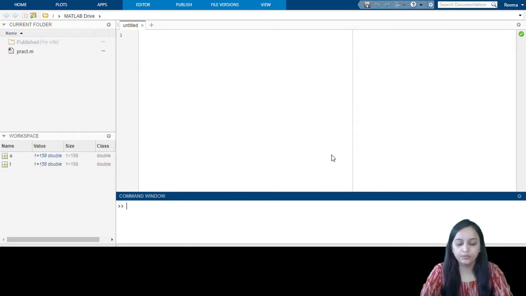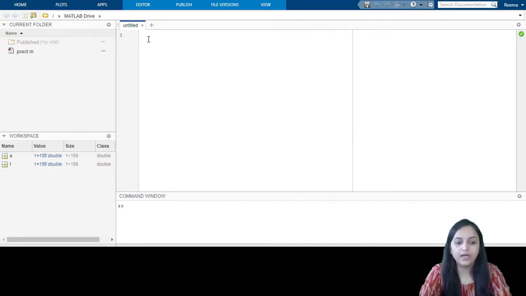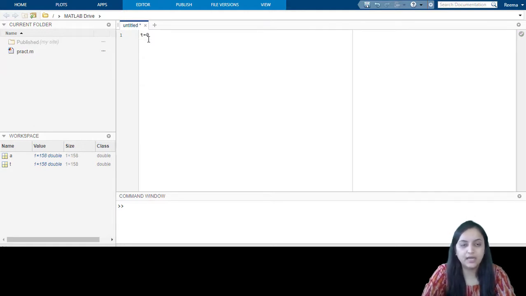Okay, so to plot the first signal, that is our sine signal, we need to give the time period, starting and ending time in between which the sine signal is to be plotted. As we are plotting the discrete sequence, we need to give the intervals or spacing between the samples, and we need to give the function using which they can plot the discrete sequence. So first of all, here in the MATLAB window, we are going to give the first function, that is time period t. We are taking t equals 0 to 5 with the gap of 0.1, and we are going to multiply it with pi.